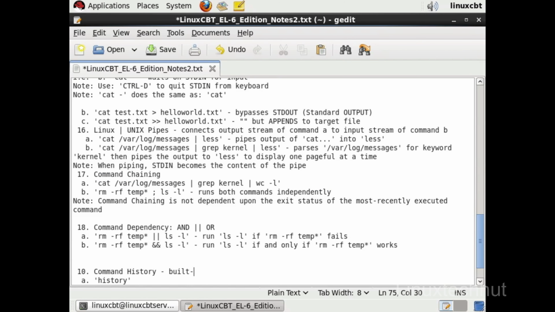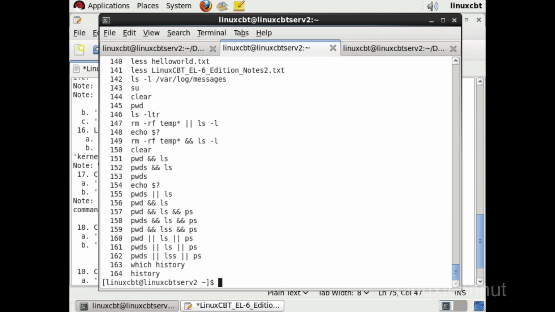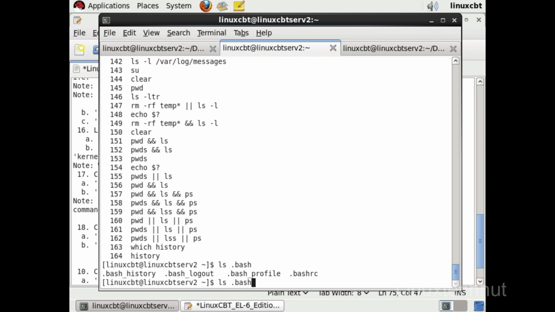So built-in command means it's within the bash shell interpreter. As a consequence, there is no file on the disk that correlates to this particular command, but it's available at your disposal, courtesy of the shell. When you execute history, you see all the commands that we've been running thus far that pertain to this particular shell. Your history items are maintained in a hidden file in your home directory,